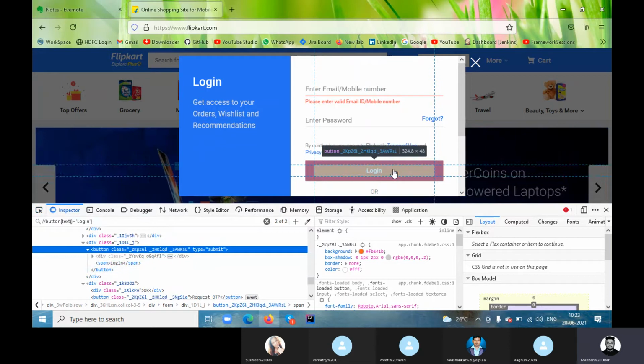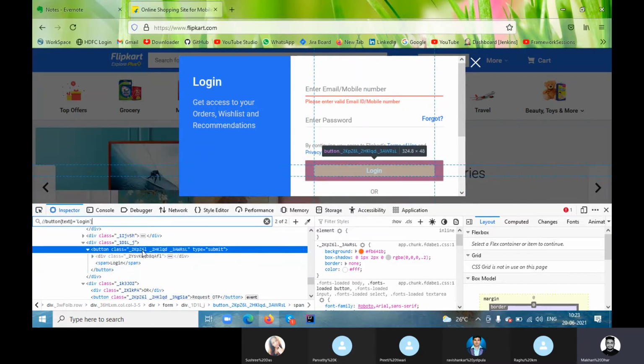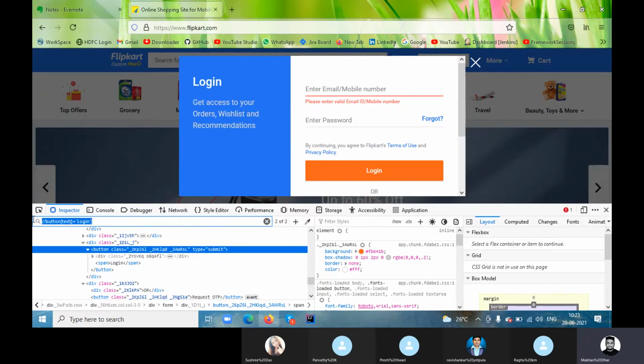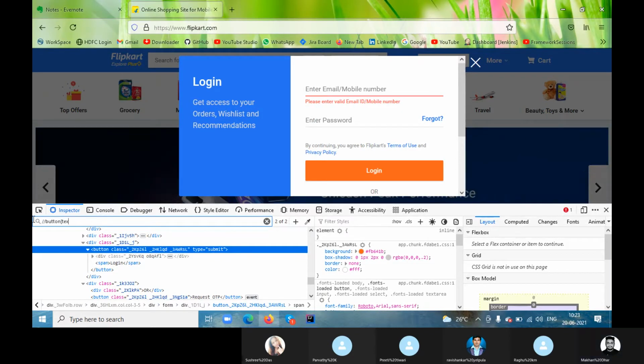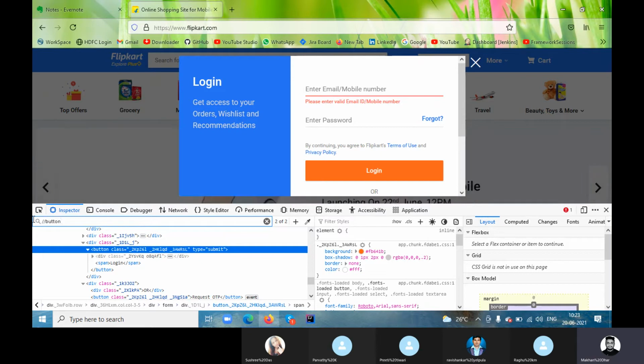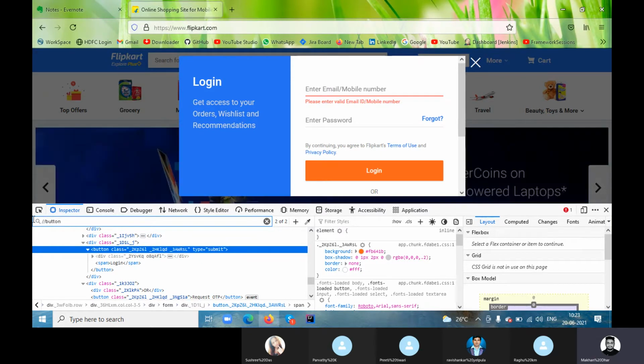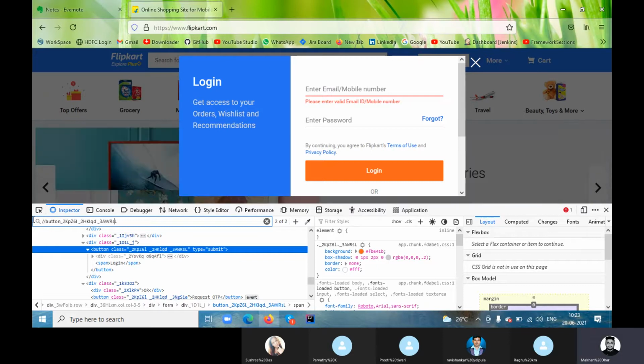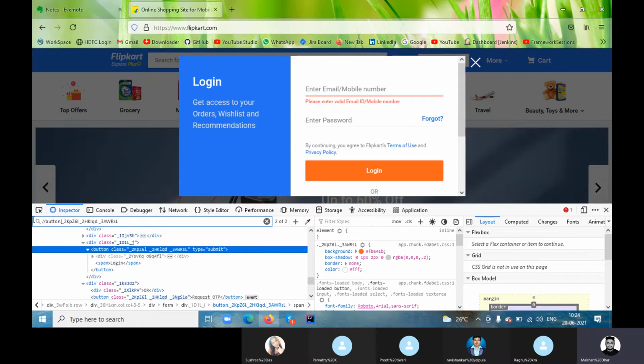So I will simply go with this one only. Let me create it in this way. I will show you this text logic somewhere else. Always be focused on your typos and all, otherwise it would be very difficult if you make any mistake on the typo.